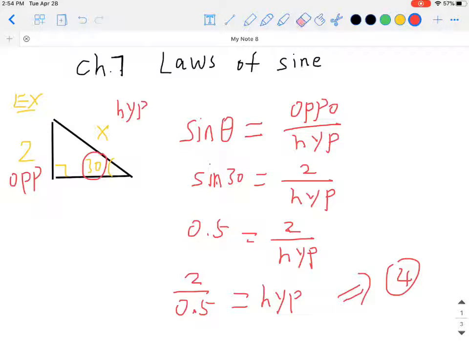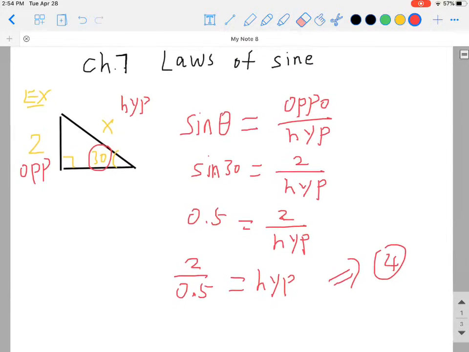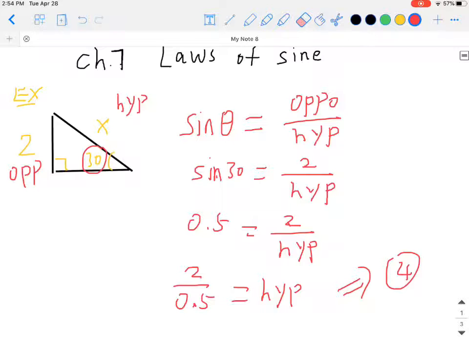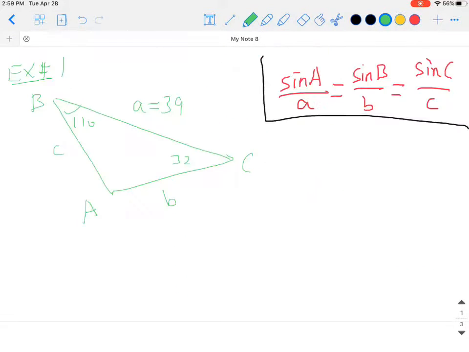Okay, since we are talking about law of sines today, this one is just a review from previously, how we used the 6 trig functions to solve the right triangle. But right now, what happens if we don't have a right triangle, such as example number 1 here? We have 110 degrees and we have 32 degrees,